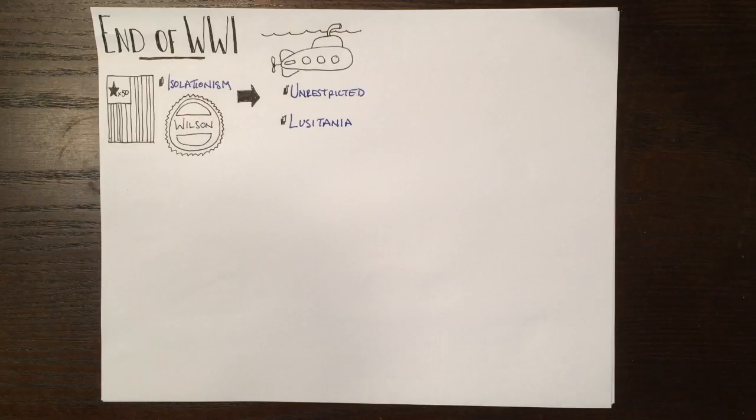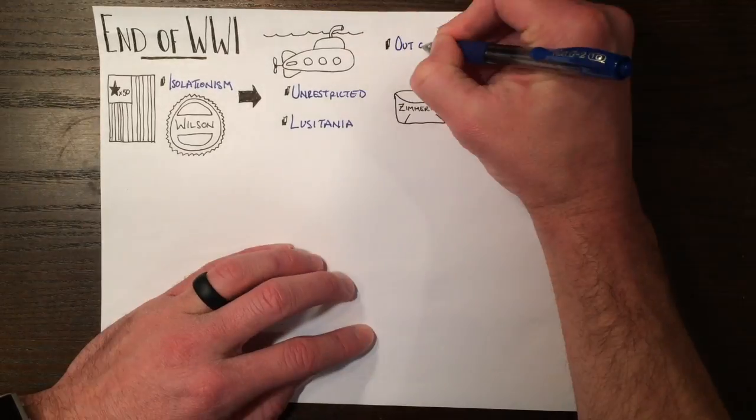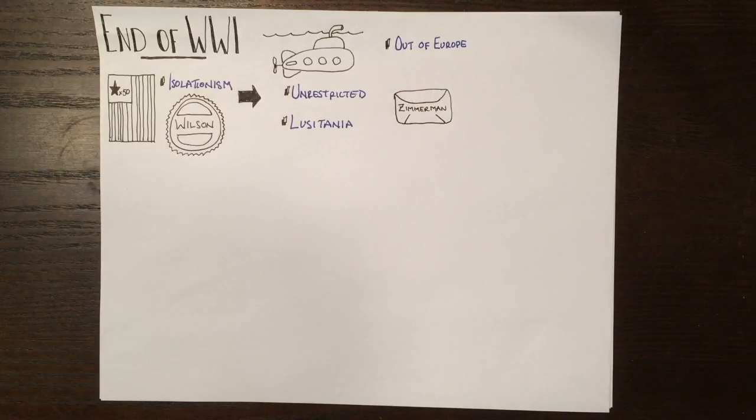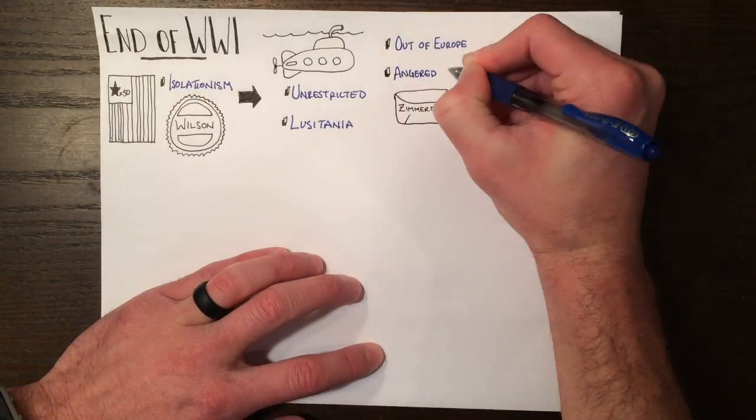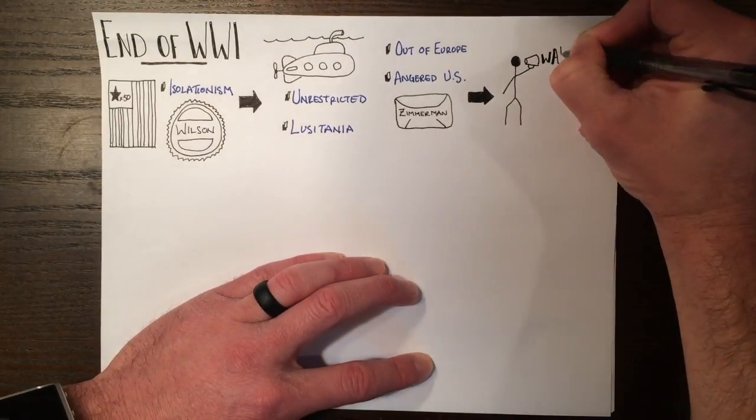The next big event was the Zimmermann Note in 1917. This was a secret message from a German diplomat that proposed that if Mexico attacked the U.S., Germany would give them land that once was theirs, being the states of Texas, Arizona, and New Mexico. This would help keep the United States out of the war in Europe. This upset the Americans, and many called for war against Germany. This, and strong financial ties to Great Britain and the Allied powers, led the United States to enter the war on the side of the Allied powers.